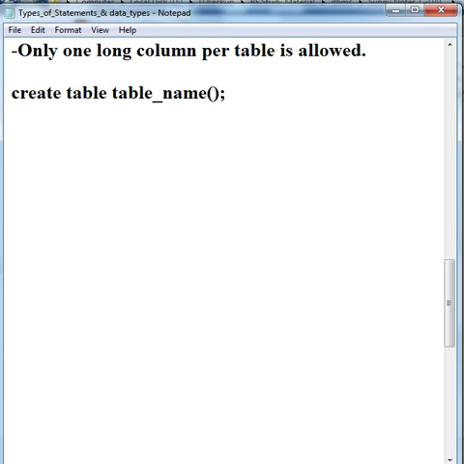Inside the brackets I define the number of columns and the type of columns I want to create. Suppose I want to create a column EMP number; I give the name EMPNO and a data type, suppose character, and I can define the size.